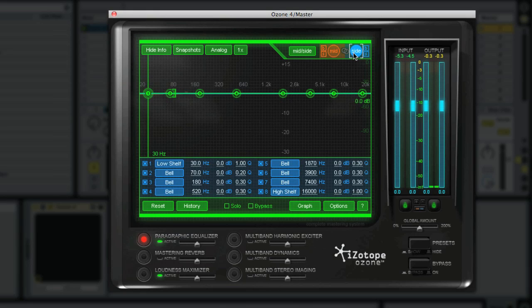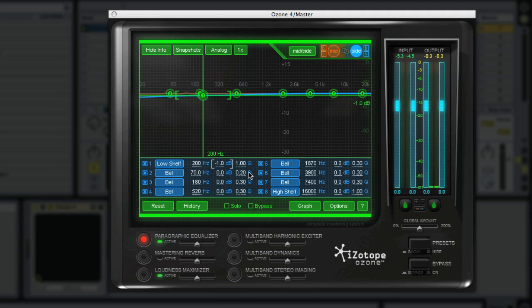We'll switch over here to the side portion of the EQ, and we want to do two things. First, we want to maybe drop some of this low shelf. This low shelf setting depends on the track, but let's say 200 hertz is a good default parameter, and we're going to go minus 1 dB. What that's going to do is bring out a little bit of the bass in the side portion of